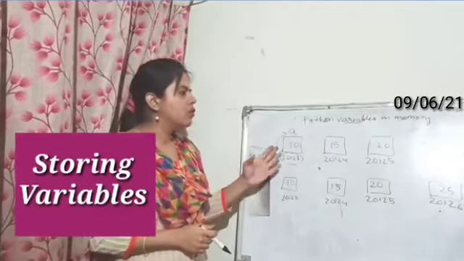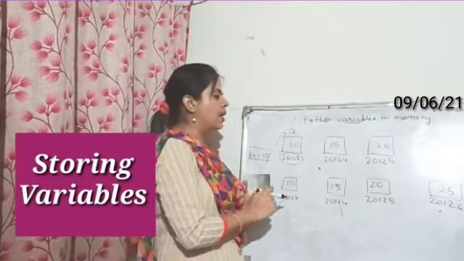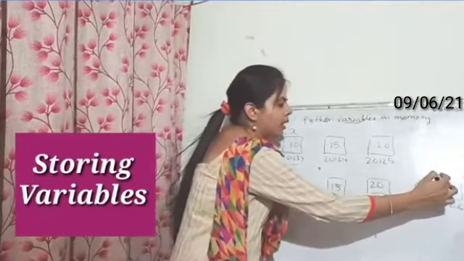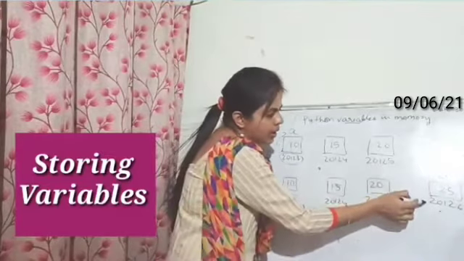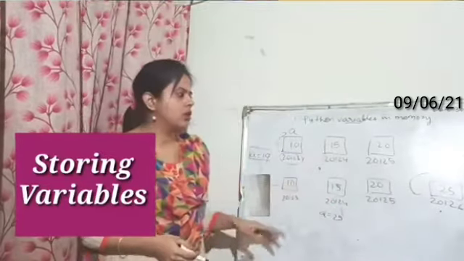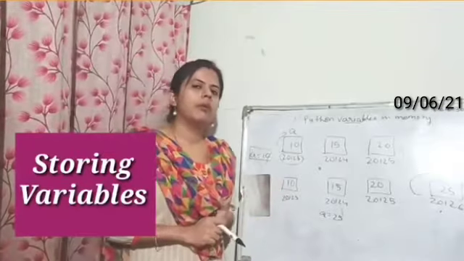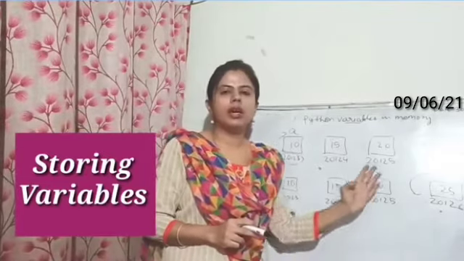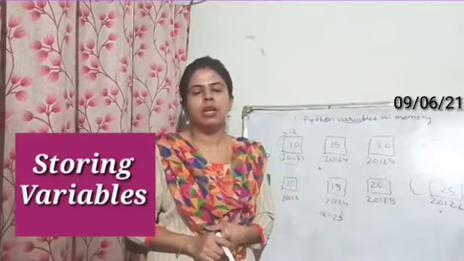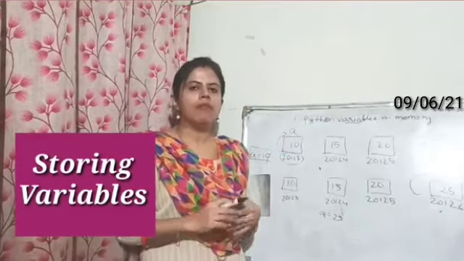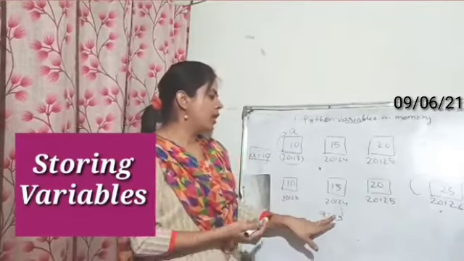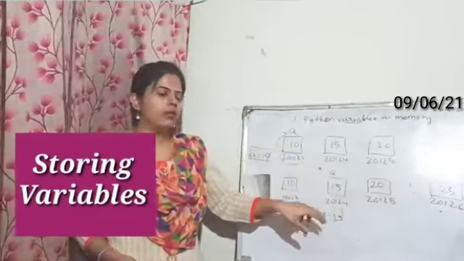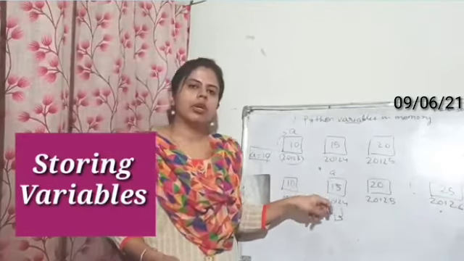Now suppose in future you change the value in the program and you write a is equal to 25. Python will label a here at 25, and you can see that the address of a has changed. So this is how Python works. In other programming languages, the value will be changed in the label. However, here in Python the label changes, the address changes and the location changes. This is how Python memory works. Every time you change the value, now suppose you have written a is equal to 15, a will come here, so the address of a will change. It will depict the current location in the program.